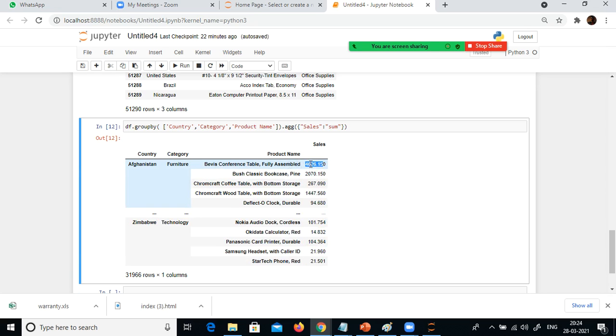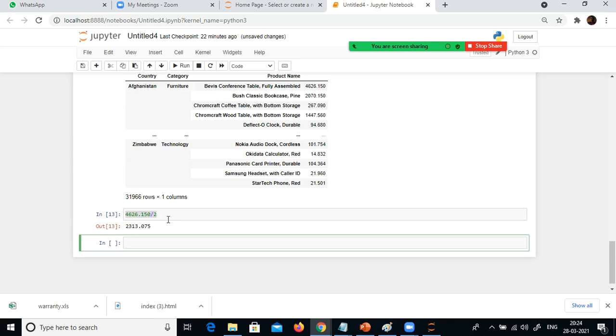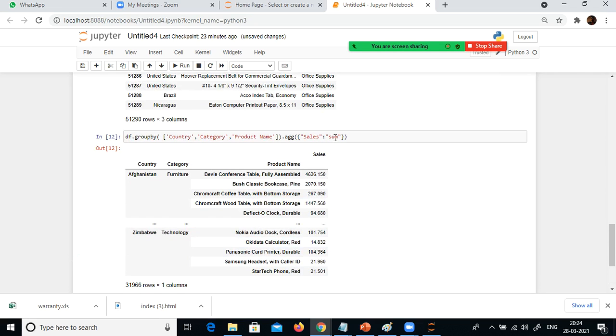For example, 4626.150 divided by 2 is 2313, so maybe this product costs 2313.75. Since this one occurs 2 times in the data set under furniture under Afghanistan, it adds these two values. That is what is happening as part of aggregation.